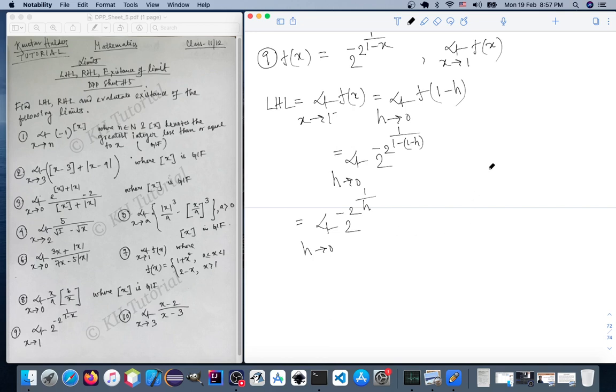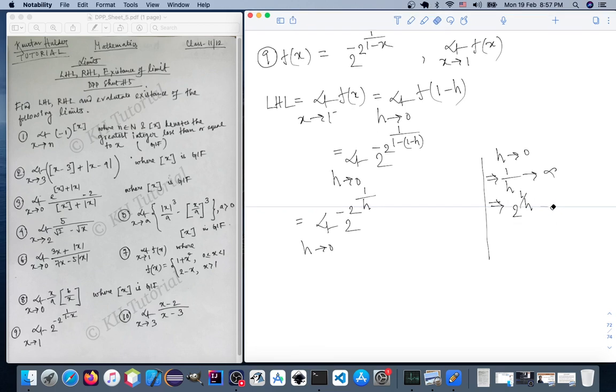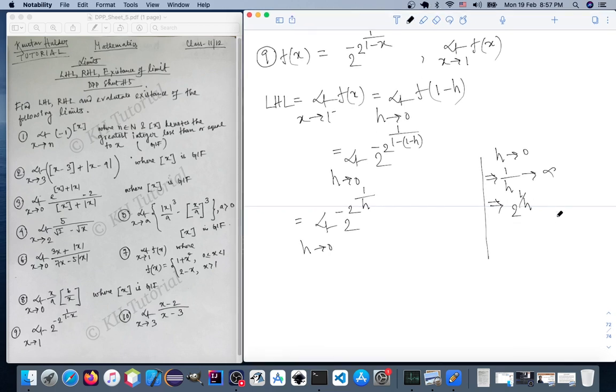Now we know that h tending to 0 implies 1 by h is tending to infinity. This implies 2 to the power 1 by h is also tending to infinity,